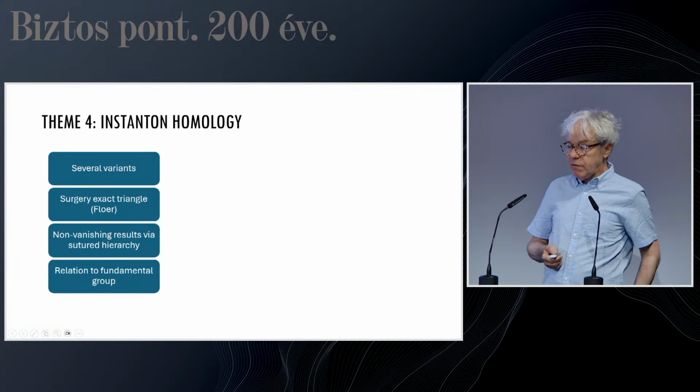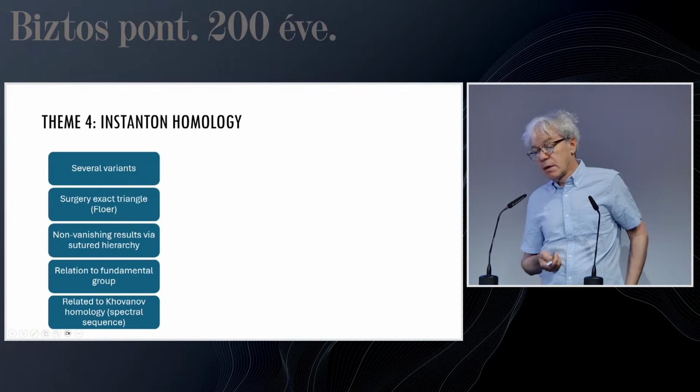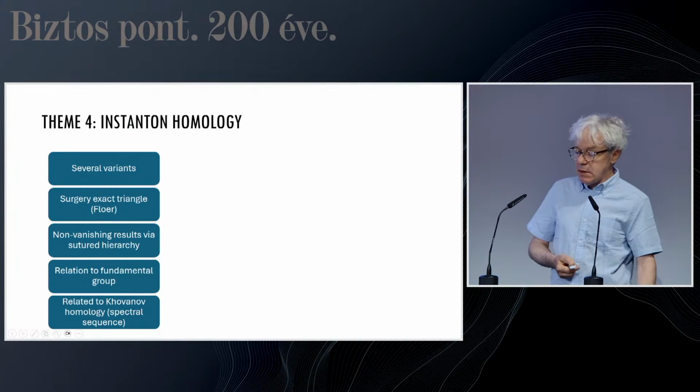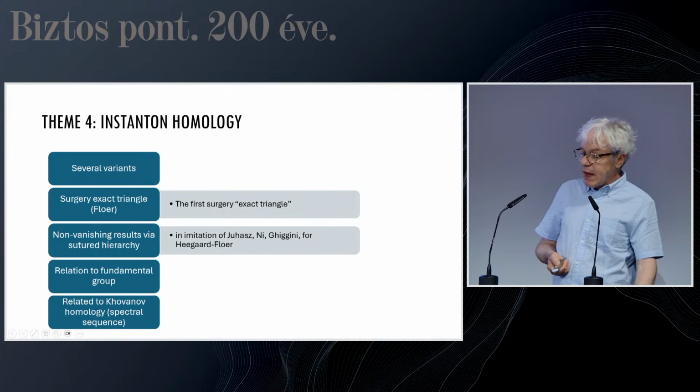I'll come back to those briefly when we talk about Seiberg-Witten for homology. And there's a relation to the fundamental group because of the flat connections that appear as A and B. It's also related to Khovanov homology via a spectral sequence, which makes it attractive. So that surgery exact triangle was the first one. The non-vanishing result,